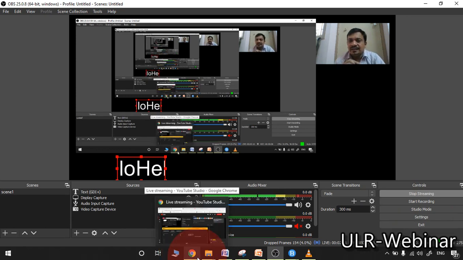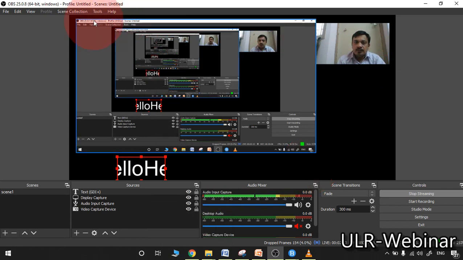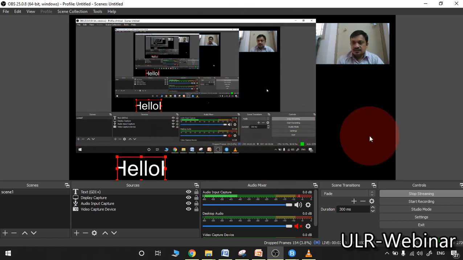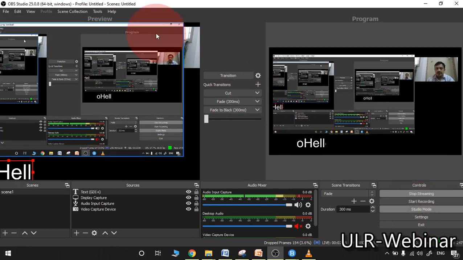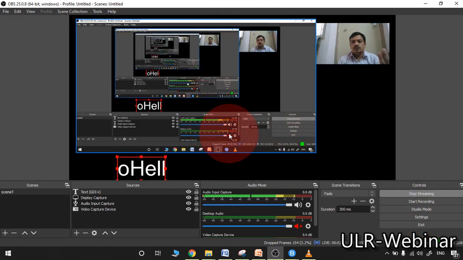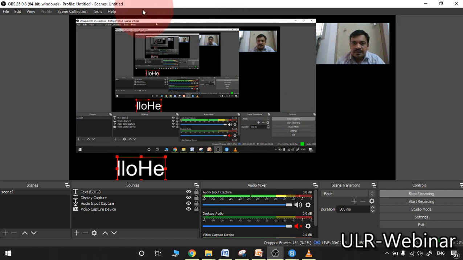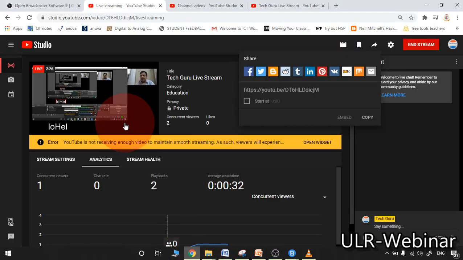So what is the content here? Exactly whatever you are placing in this particular window will come to the stream. Here please observe, studio mode is there, which means you may add all the changes in your studio and the same thing will appear in the program in this way. A trial can also be seen in OBS by clicking studio mode. If I click once again, the original window will appear. So whatever the content appearing in this particular window, the same thing will be streamed via YouTube.